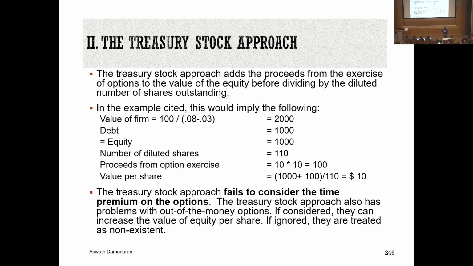And if I do that, that's called the treasury stock approach. My numerator increases by the proceeds, and I divide by the 110 million shares. I get a value per share of exactly $10. You see implicitly what you're assuming when you use the treasury stock approach? You're assuming that options are worth exercise value. You're missing the time premium. So the first approach, the diluted stock approach, will undervalue your shares because you're counting nothing. The treasury stock approach, where you effectively count in the exercise proceeds and divide by the number of shares, will overvalue the shares because you're ignoring the time premium,